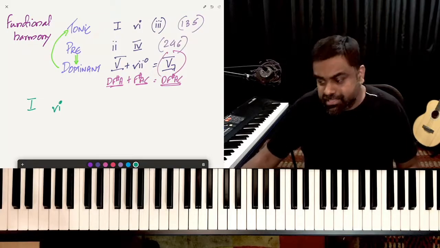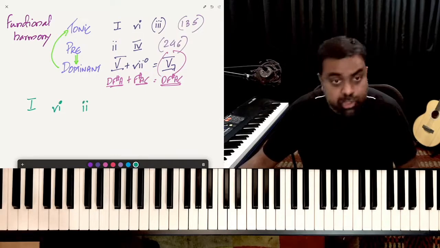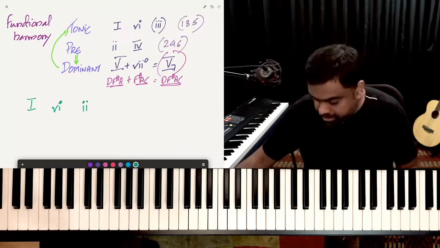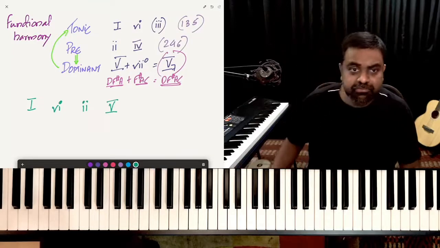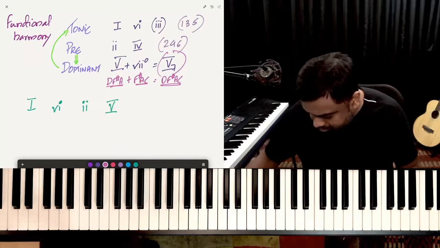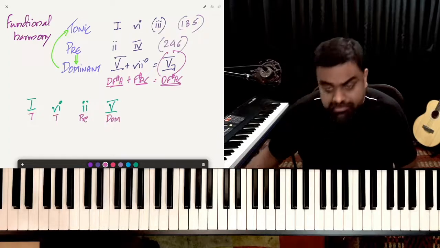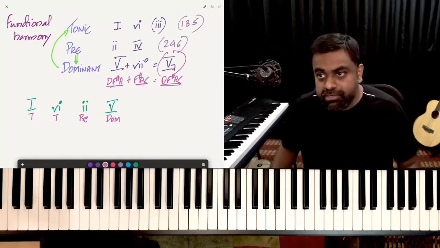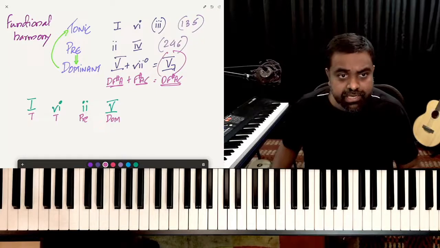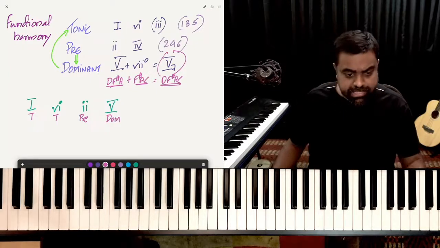Now I want to create a sense of instability. Maybe a 2 minor. And then end with a 5. We could do stuff like this. Why does this work so well? This is tonic, tonic, pre-dominant, dominant. Tonic, tonic, predominant. So what happens here is